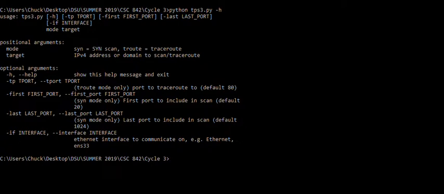The last optional argument is the Ethernet interface to communicate on. I originally was thinking that the program would look at its Ethernet interface and determine its name and use that without the user having to specify it. And indeed, if we don't specify this interface argument, TPS-3 will just pick its default Ethernet interface and run with it. However,